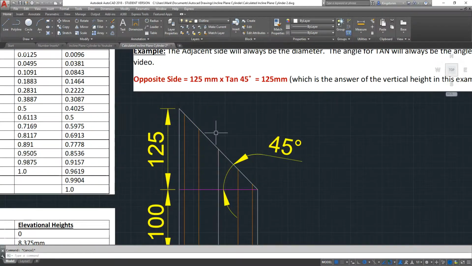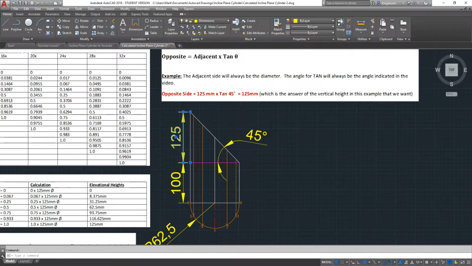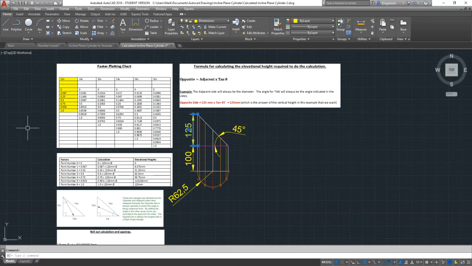125. Now, if you change this angle to less than 45 degrees, this dimension of 125 would head back towards 0. If you increased your angle above 45 degrees, 125 is going to go above, so it's going to be 125 plus. So you can work out whatever your elevational height is using this formula in red above us by putting in tan, whatever your angle is, and the 125 in my example would be whatever diameter you're using, and that will give you an elevational height, which is what we're looking for. Once you've got the elevational height,